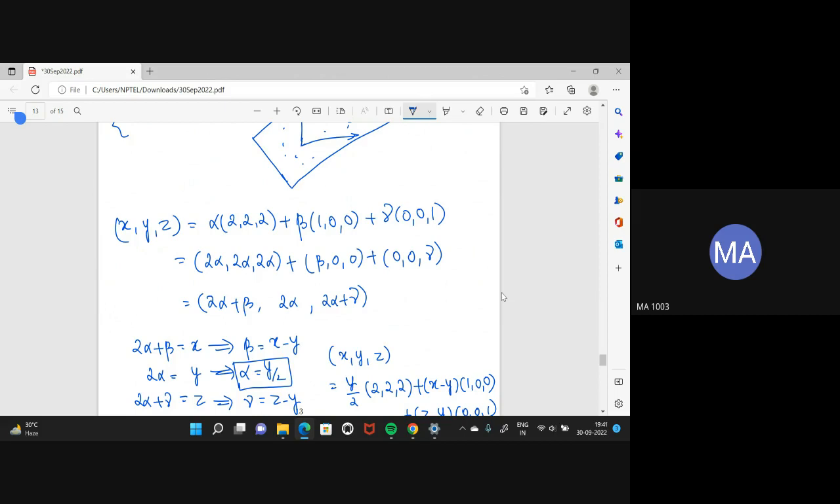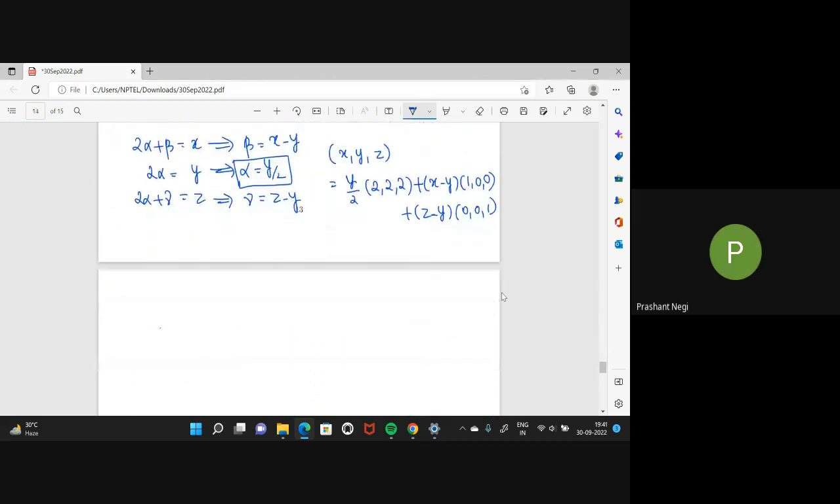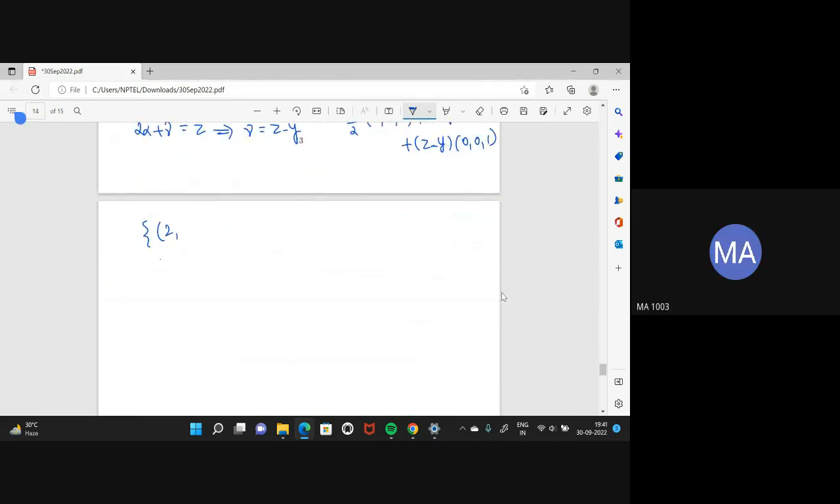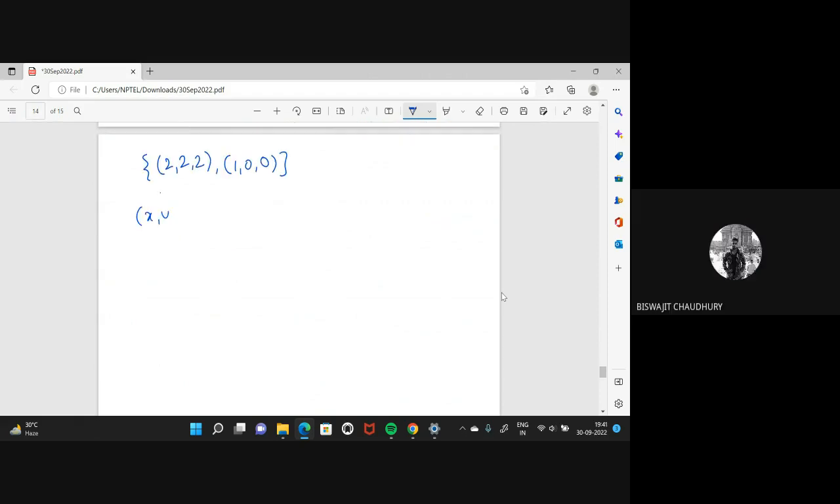I'll do it with two vectors and show. We'll stop, which means we will get stuck somewhere. Okay, so say it belongs to R3. Say I have only these two vectors. Now I want to express (x, y, z)